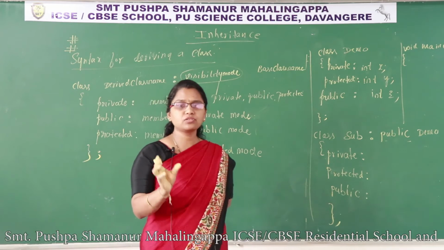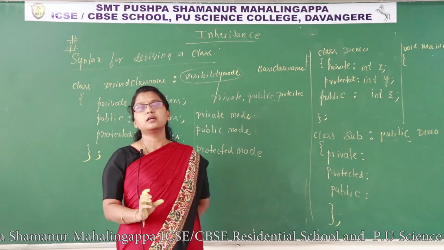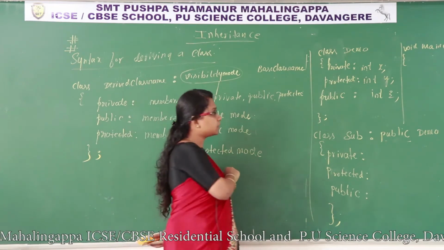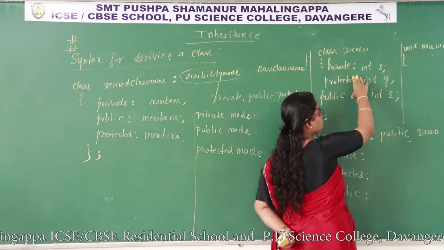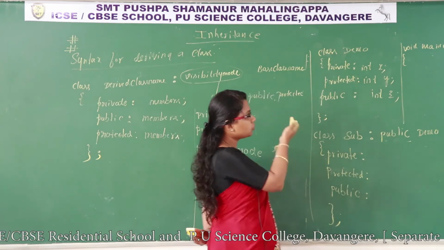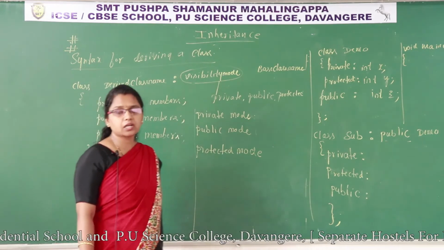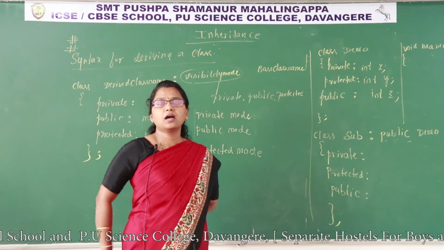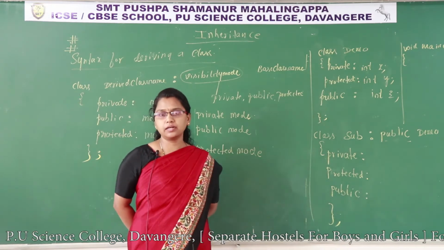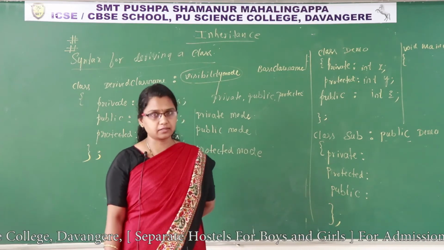Usually, members of a class can be accessed through the object of that class, object and dot operator. So, if it is inheritance, when you access members of the base class from the object of the derived class, what can you conclude? Those members are inherited to the derived class. Right? Using object and dot operator, we access the members of that class.